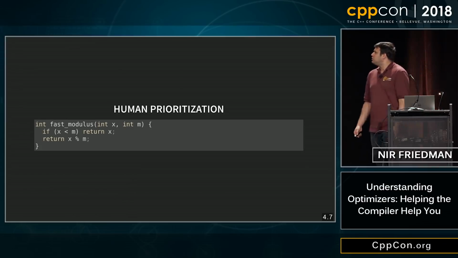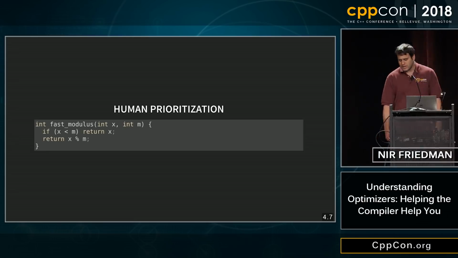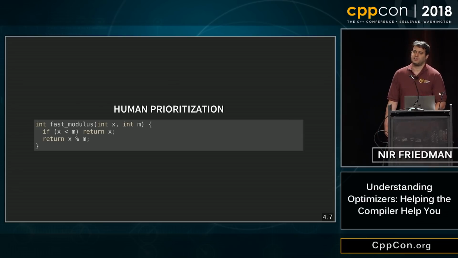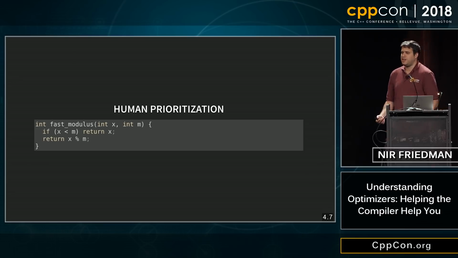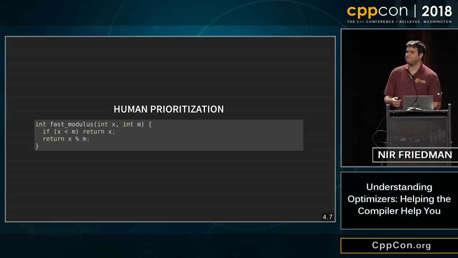Last slide, I just talk about this briefly. It's a bit of a toy example, but a couple years ago, Chandler Carruth gave a really good talk about fast modulus, basically, or that was part of his talk, sorry. And the idea was, well, if you add this branch into a modulus, you make it faster because the branch predictor is great. Integer division is crazy expensive, and this works out better. Okay. And what was interesting is at the end of the talk, he said, yeah, I should teach the compiler how to generate the branch in the assembly, even if you just do x mod m.